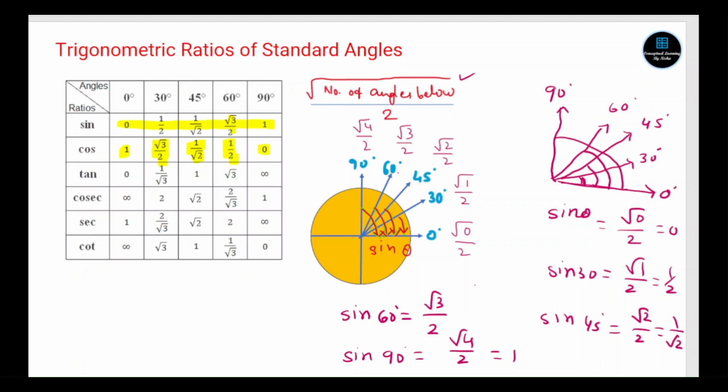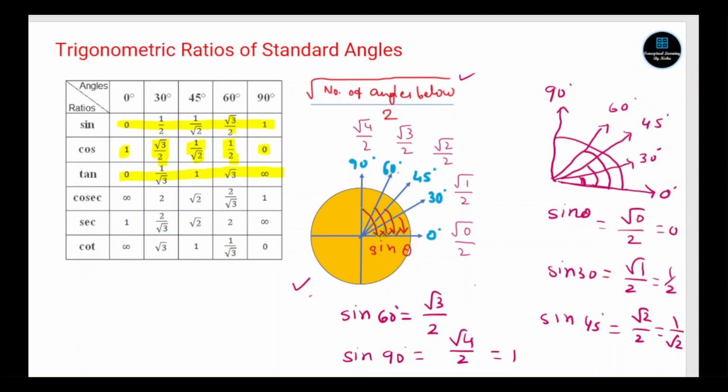Right. And now you know that tan theta is nothing but the ratio of sine and cos. So you can simply write the ratio to get the value of tan theta. So 0 over 1 is 0. 1 upon 2 divided by root 3 upon 2, you will get 1 upon root 3. Here 1. Here just root 3, and 1 upon 0 is not defined, so you can say not defined or infinite. And in the same way you can write their reciprocals. It is very easy to remember this trick which I have shown here in this picture. I hope you understood this trick. Try to practice it. Once you practice it twice or thrice, you will automatically remember all the values.